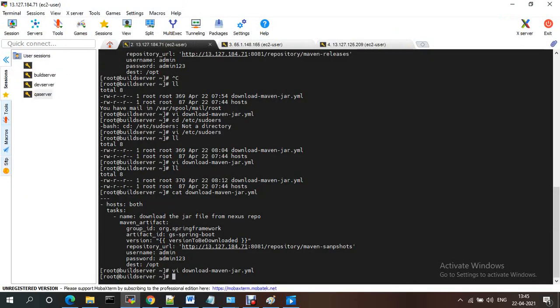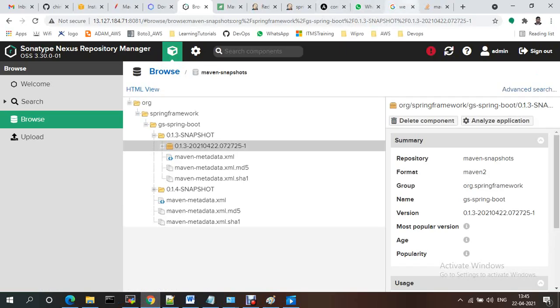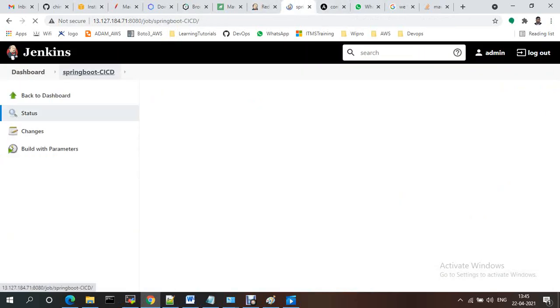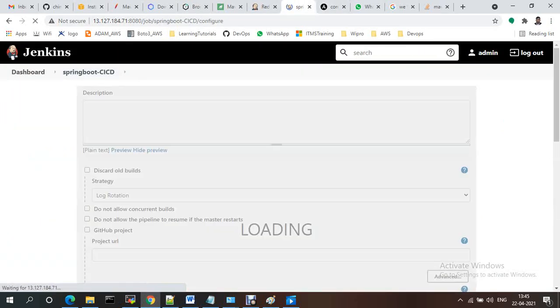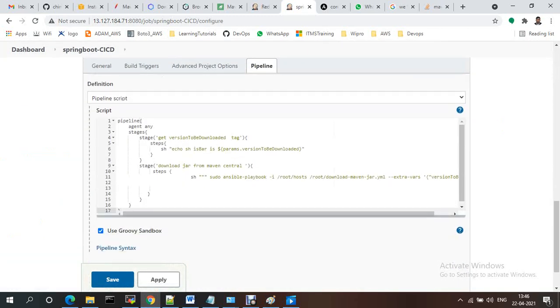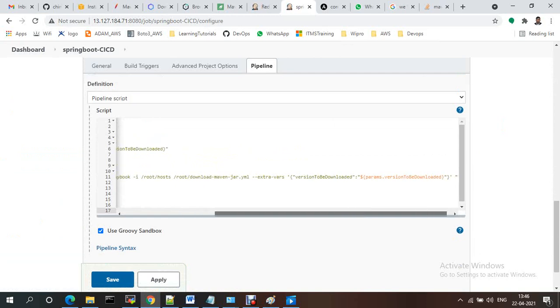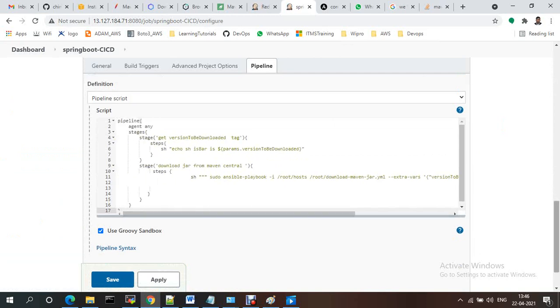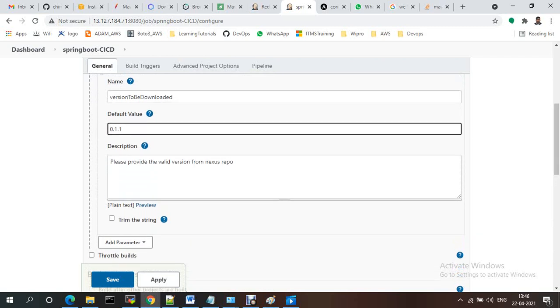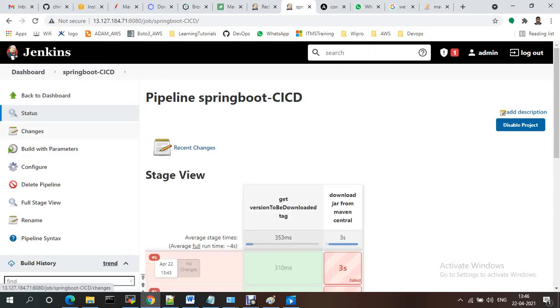I gave it like that only, correctly. I have changed that one. Jenkins configuration. So parameter download to be downloaded, extract batch. Let me save this one.